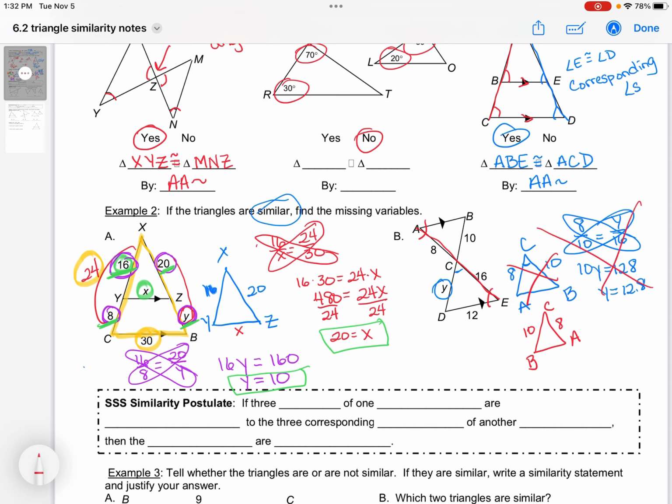So my proportion should be 16 over y equals 8 over 10, which still isn't. 8 over, I did it wrong. Well, no, that should work. Okay, let's see what happens. Oh yeah, that's right. 8y equals 160. Y equals